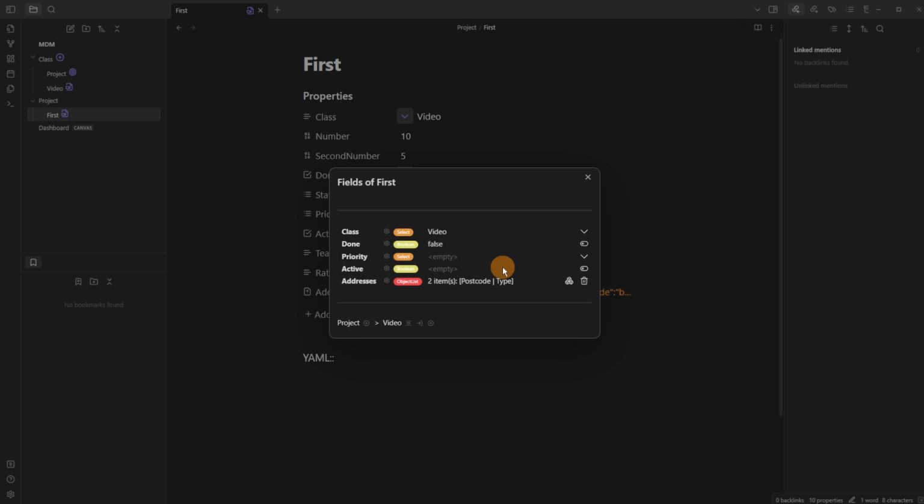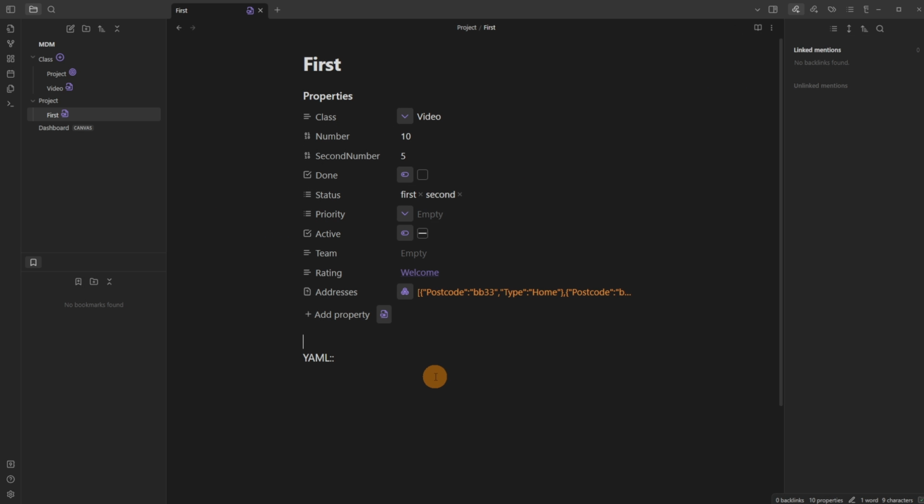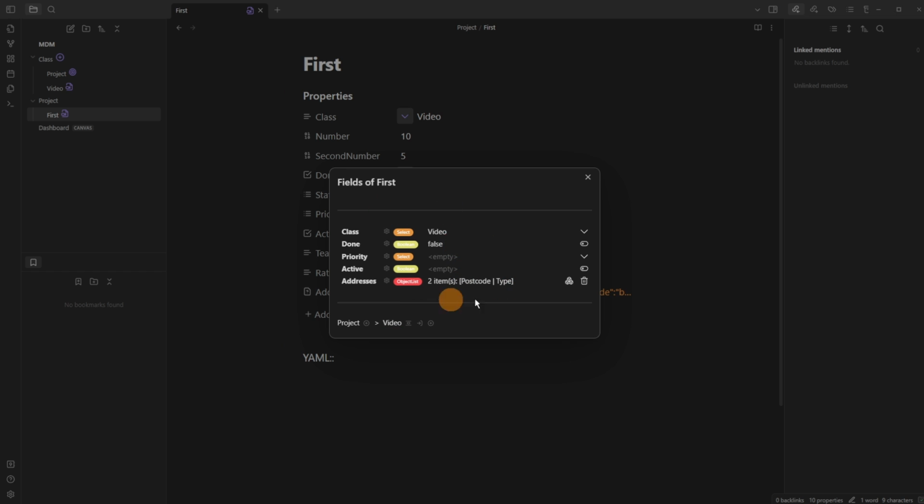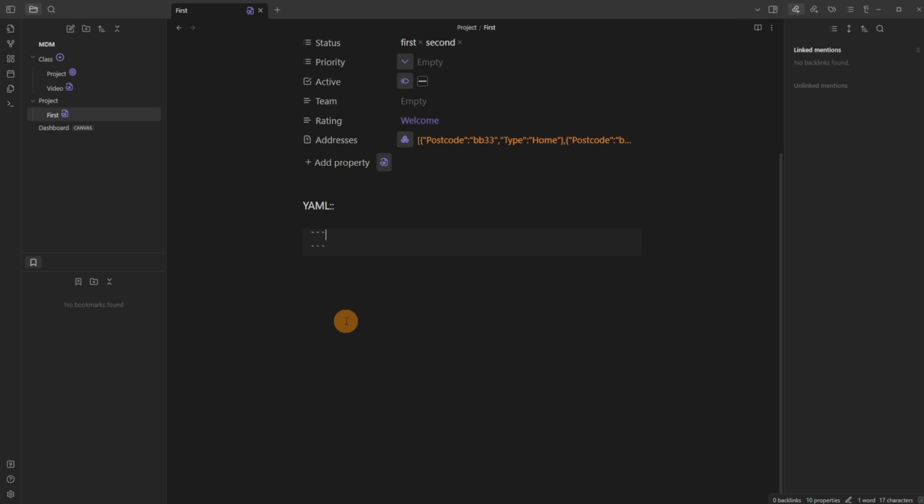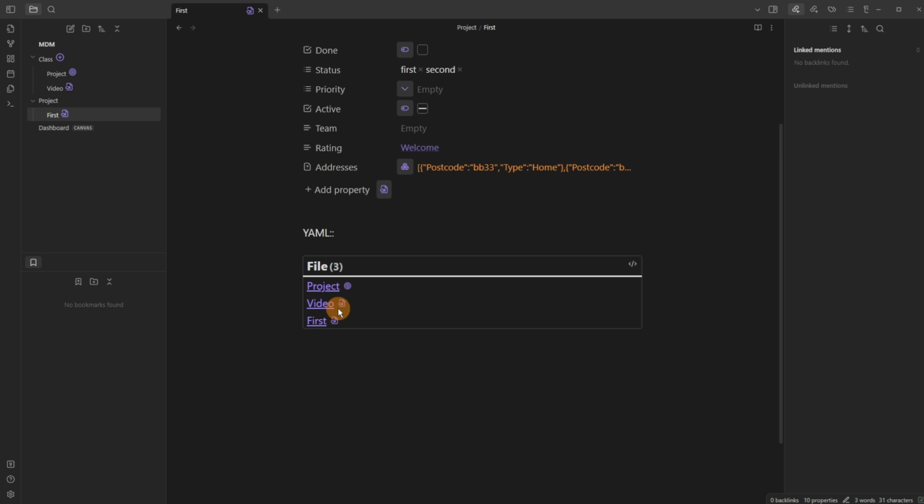Now when we come back, we have the home and the work addresses all stored inside of the properties of the first file. And this is where we get to the point of finding out how you actually use all of this property information in a way that isn't just jumping through different options inside of this modal. I'm going to start with simple Dataview. So Dataview queries are done inside of a code block. So you create a code block, you type dataview, and then you choose what type of query result you want. I'm going to say table,